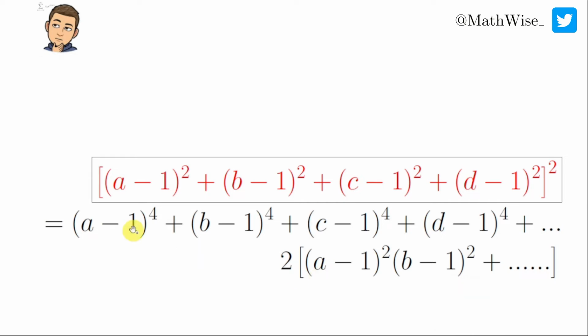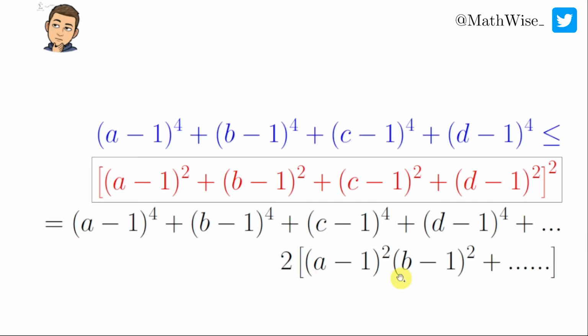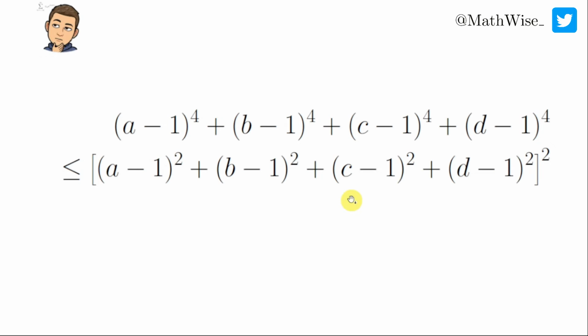So we can see here that this sum of squares being squared is the sum of powers of 4 plus a non-negative number. So all of this, the sum of squares being squared, must be greater than or equal to the sum of powers of 4, right? We need that because using the sum of squares, we can use the identity a squared plus b squared plus c squared plus d squared equals 12, and also a plus b plus c plus d equals 6. So we have here the sum of powers of 4 less than or equal to this sum of squares being squared,